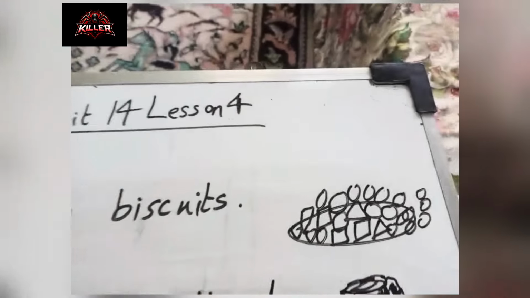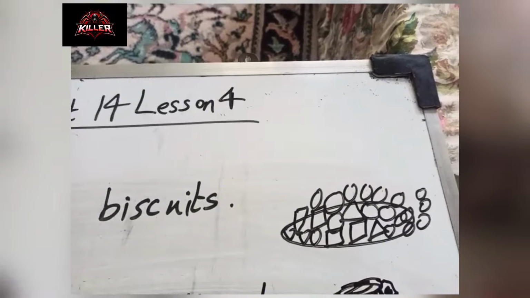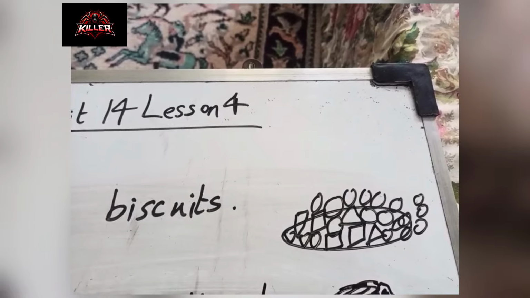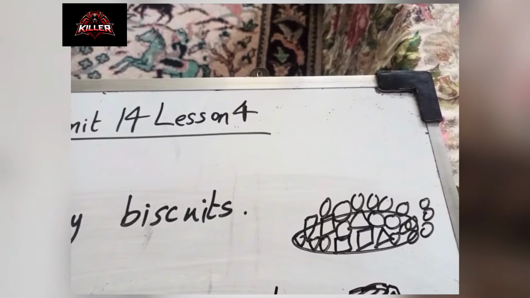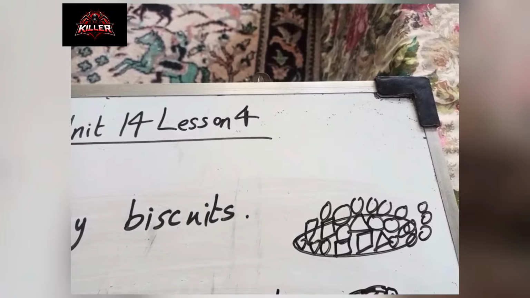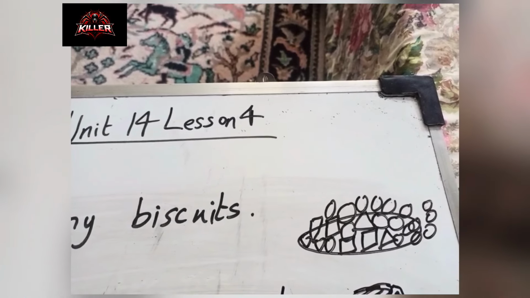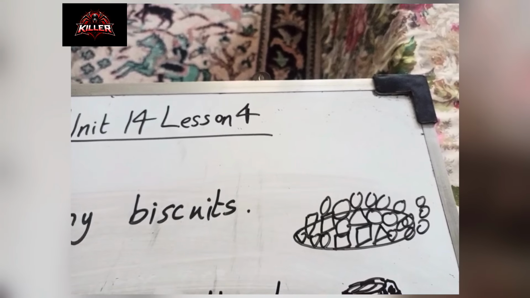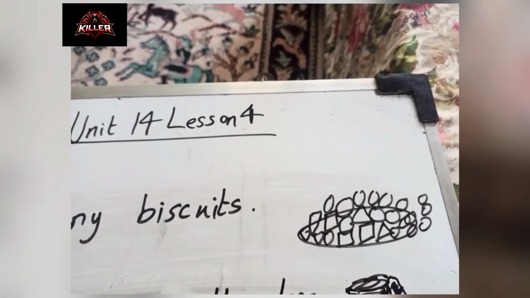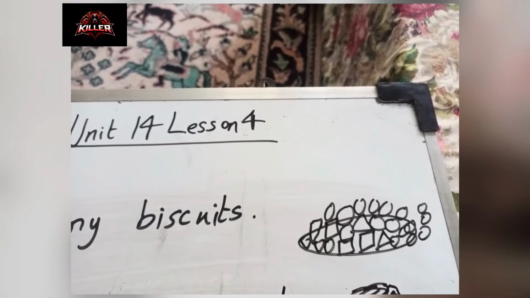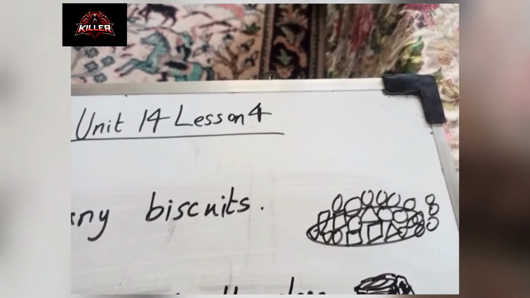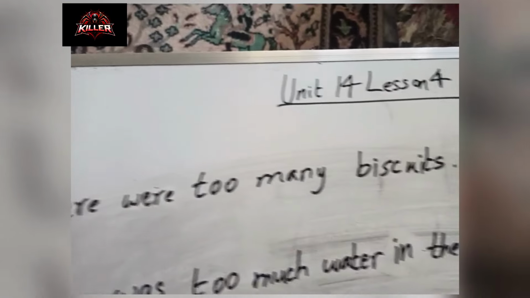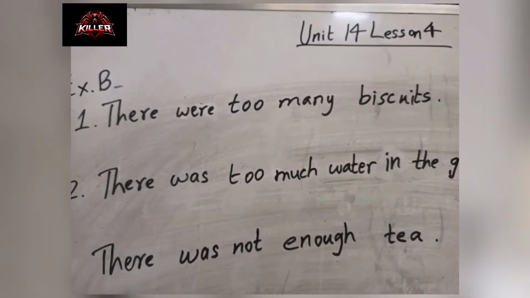In picture number 1, I have made biscuits and you could see that they are overflowing from the plate. It means they are too many. Why will we use too many with them? Because biscuits are countable and you could use numbers with them: one biscuit, two biscuits, three biscuits. So it is clear that you are going to use too many with the biscuits, and also you are going to use were to make your sentence. So you will make the sentence there were too many biscuits,